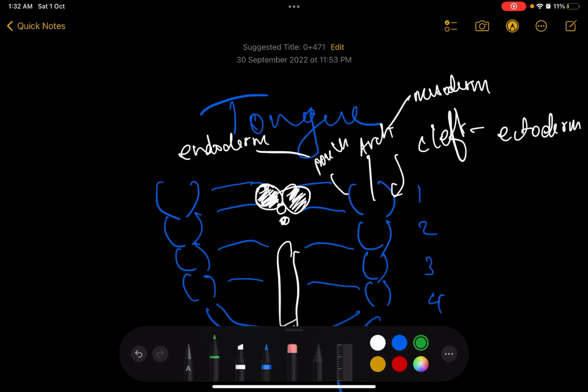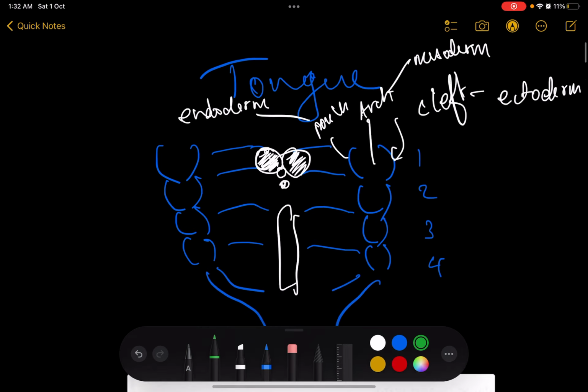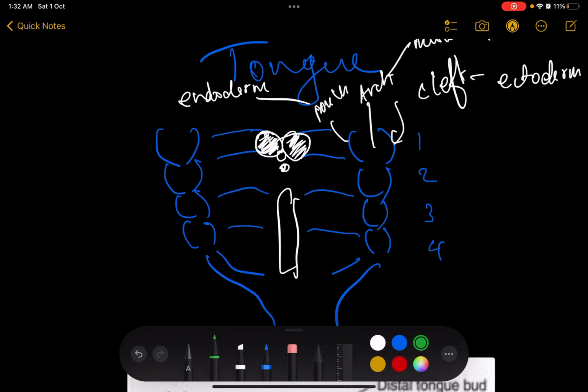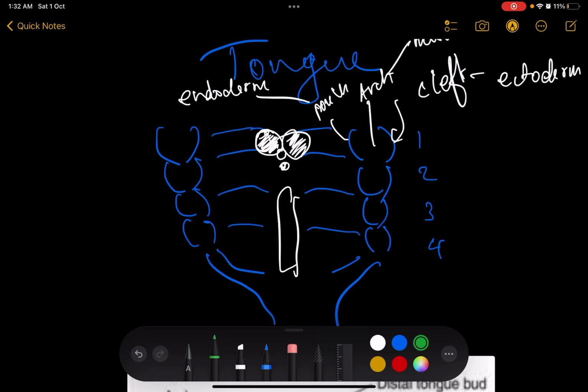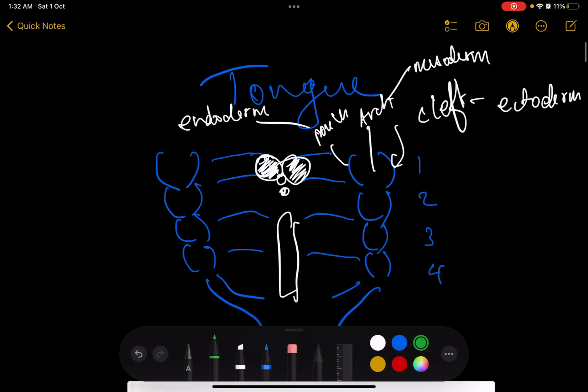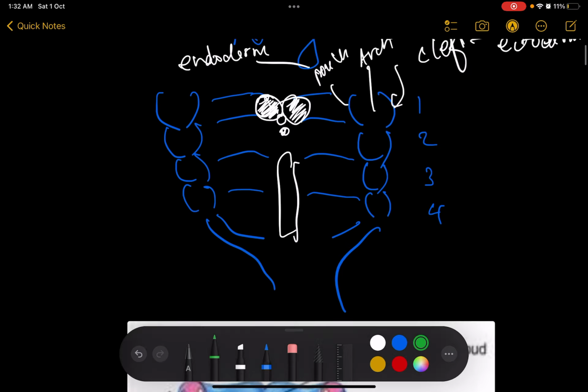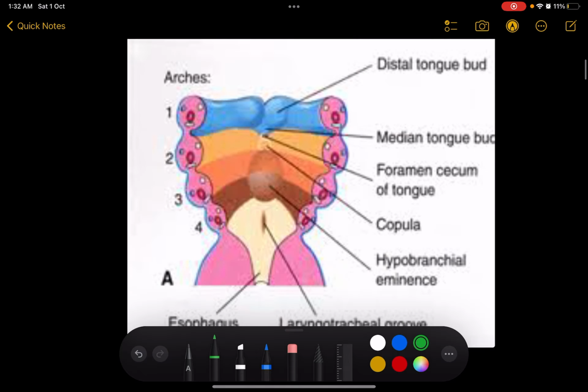Now, to enter the pharynx, the best option is to go via the oral cavity. So we've got the tongue, and that's where the discussion begins, and the tongue develops from the branchial mesoderm. All right. If you think about the branchial arches, clefts and pouches, when you look at this particular diagram,